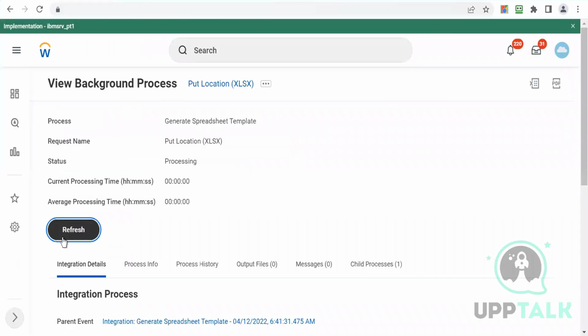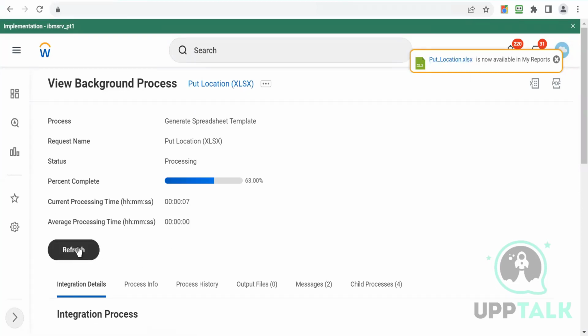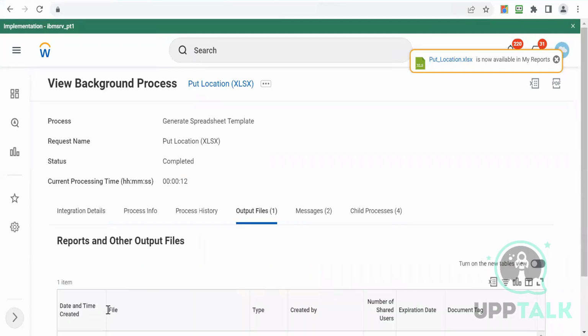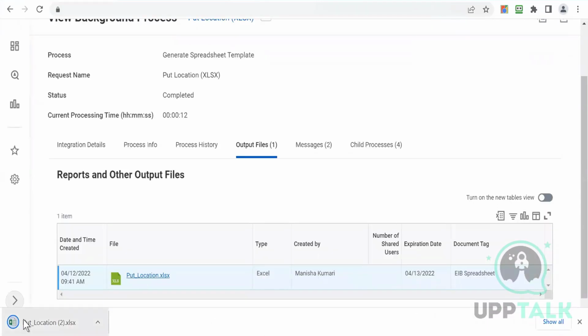So now you will see the integration will run. Basically this is running just to give you that template file. This will give you the structure of the complete location object. You see, you got the notification that this file is available. I'll just refresh it and I'll get it here also. You see output file, right? So if I click on this, I have my template. So I will use this. So when I open it,